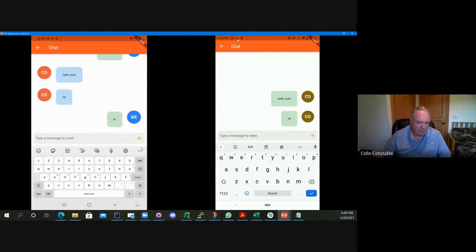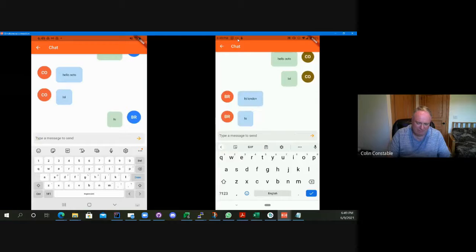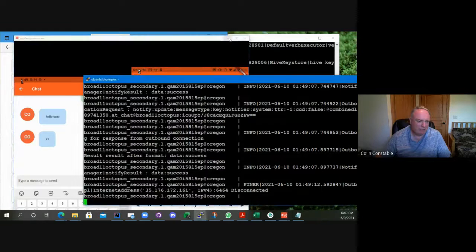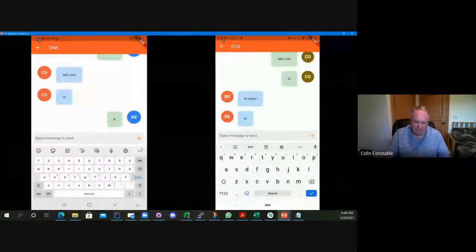So now we have encrypted chat going both ways. There we go. Across a protocol, and it's running our own microservices in the background. You can see them whizzing around. You can see all the stuff.